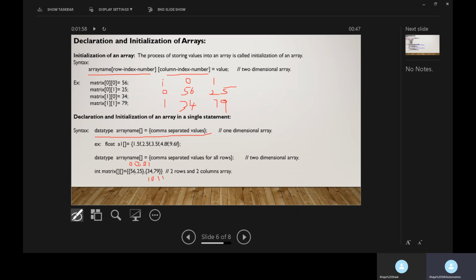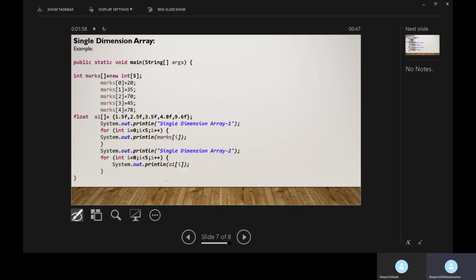So 56 is 0th row, 0th column value, 25 is 0th row, first column value, 34 is first row, 0th column value, and 79 is first row, first column value. So row wise we will store the values in two-dimensional arrays. Now let's write a sample program to process these single dimensional and two-dimensional arrays.